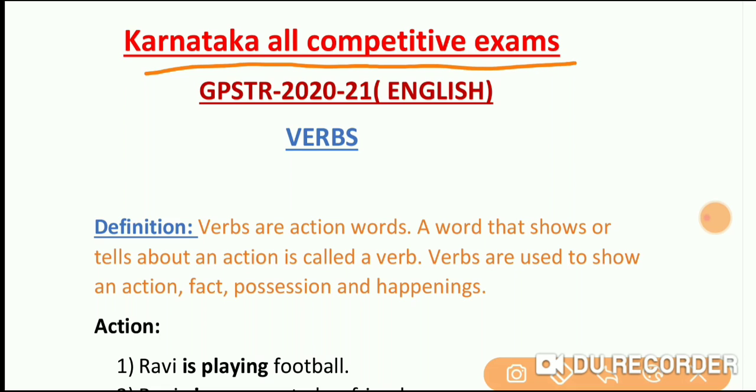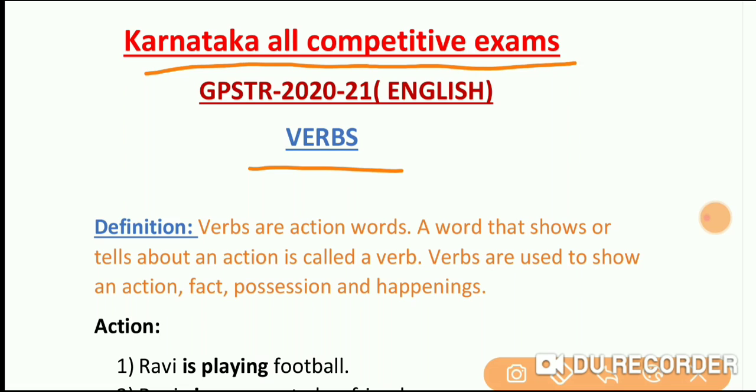So dear friends, as you all know, in my previous video we have already discussed kinds of parts of speech, in which we discussed noun, pronoun and adjectives. In today's session, we shall discuss another important kind of parts of speech, that is the fourth one, verb. And I hope you all know the meaning of verb. Verb is an action word.